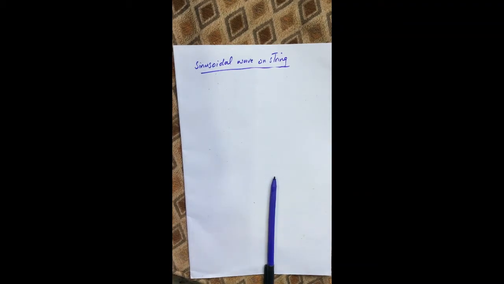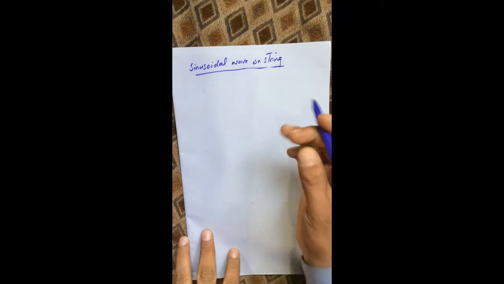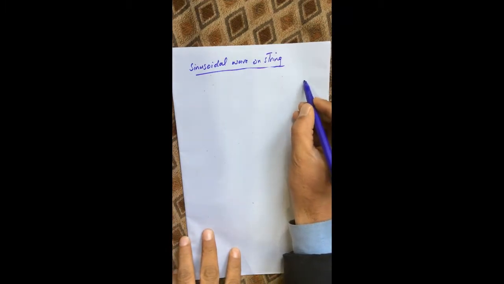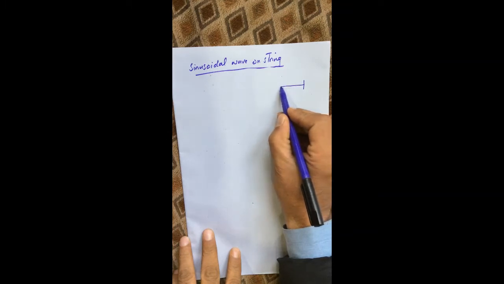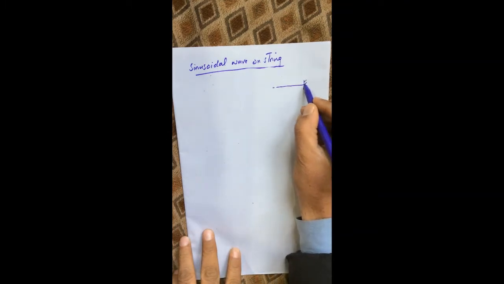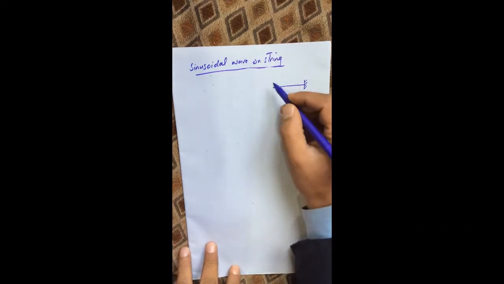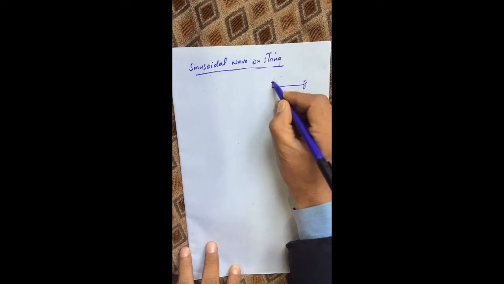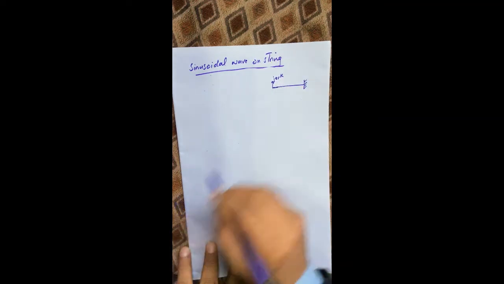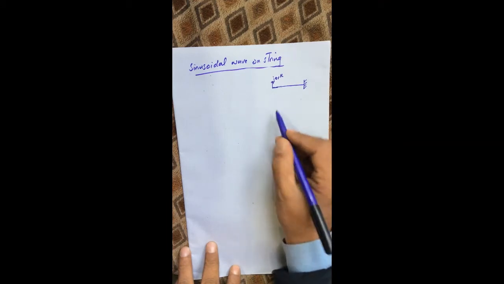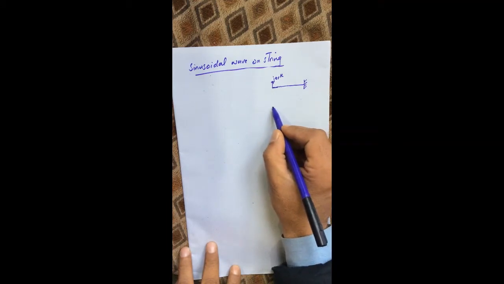Okay, next we have sinusoidal wave on a string. So until now we discussed just a single pulse. Suppose this is a string. I consider the string to be connected to a support from one side. This is the support. Now if we give a small jerk to this string in the upward direction, then we produce a pulse